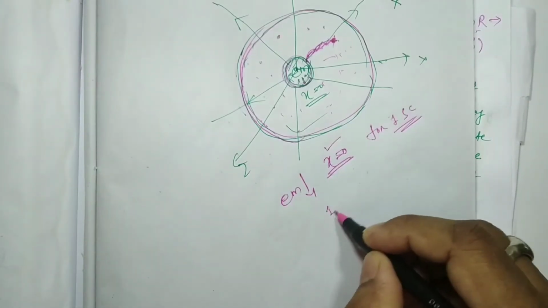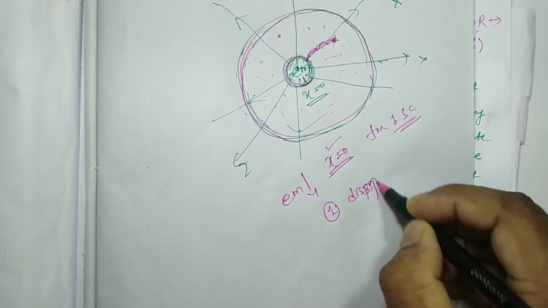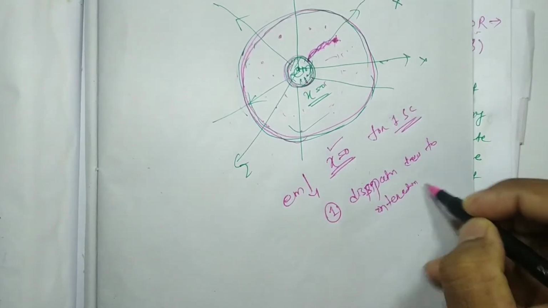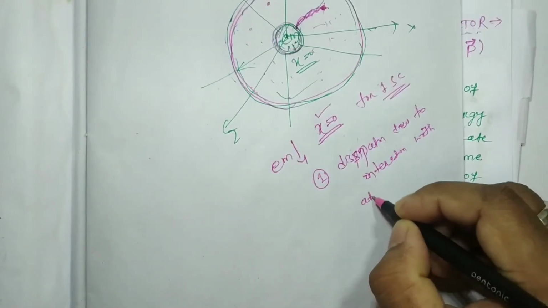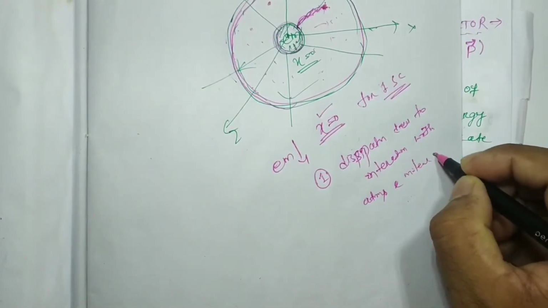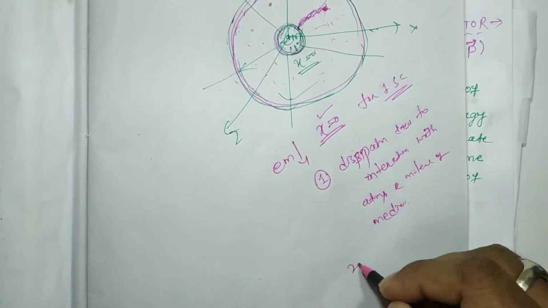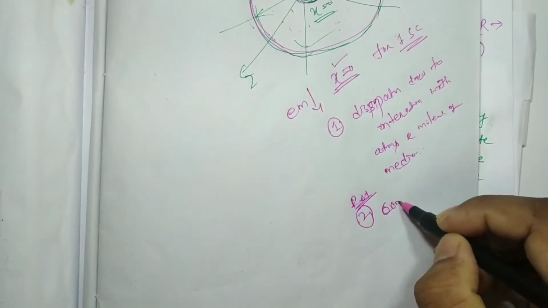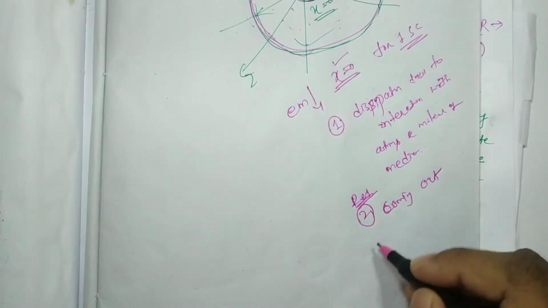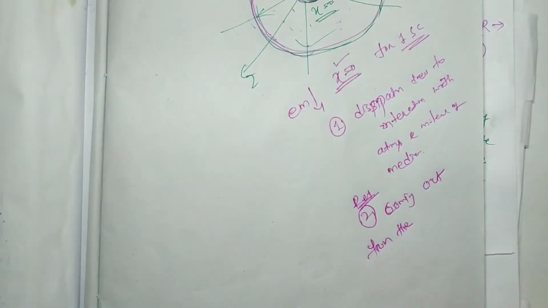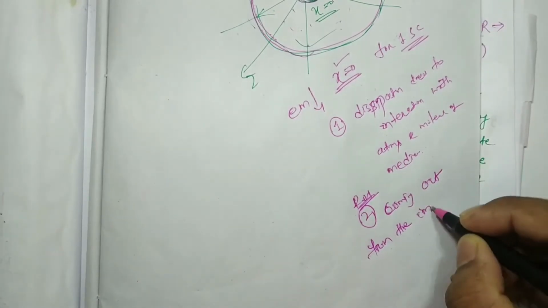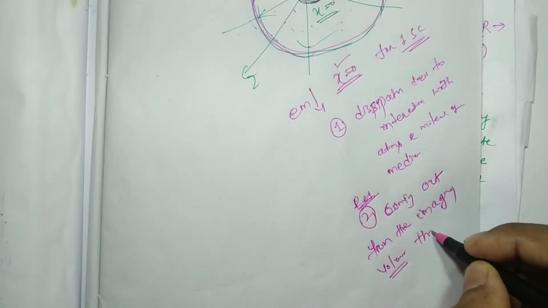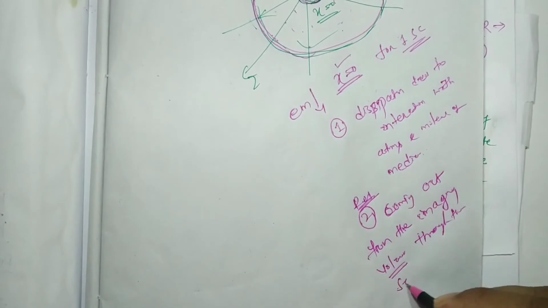First utilization is the dissipation due to interaction with atoms and molecules of the medium, and then the rest of the energy comes out from the imaginary volume through the surface of